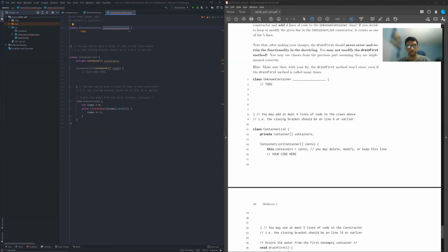But unknown container, what we're trying to do is basically forcibly return true. The issue was that we're returning false for all, and that keeps the while loop going. We want to break out, so we're going to return true. What are we going to return true on? The drain method. Okay, cool. So as is standard, we're going to be doing an override. So that makes sure that we're doing the override properly. If we have something wrong with the method signature or we misspell, it'll call it out and say that's not an actual override. It's saying annotation is not allowed, but let me go ahead and start filling in the method.